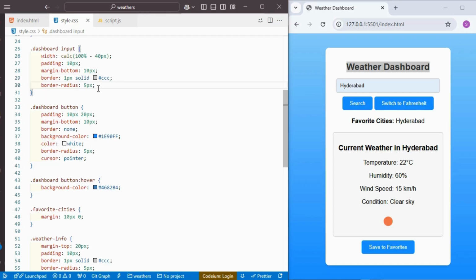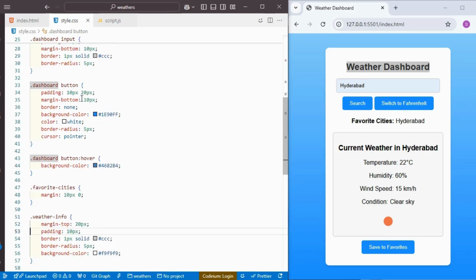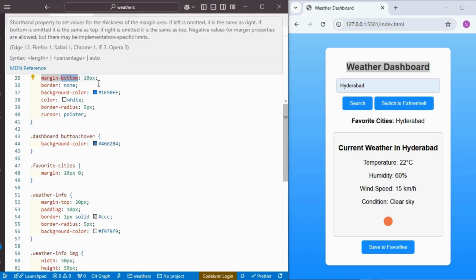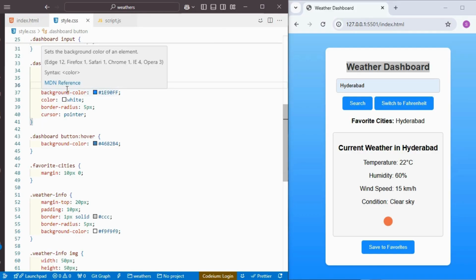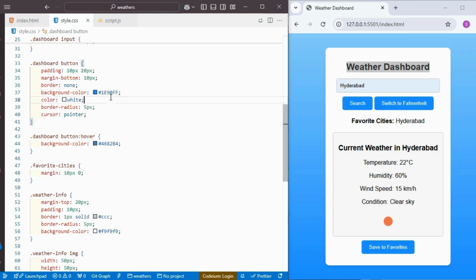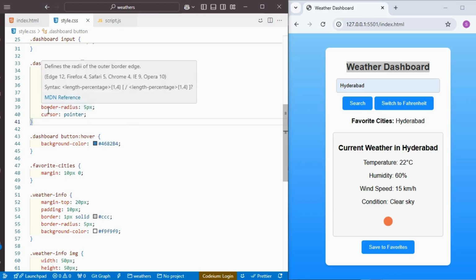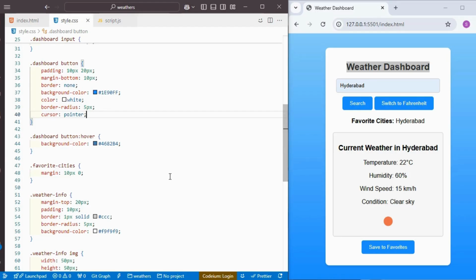the border radius is 5 pixel, and for the dashboard button, padding is 10 pixel top and bottom and 20 pixel left and right. So margin bottom is 10 pixel, and border, I didn't take any type of border for this one, and background color I am taking blue color, and color is white for the text inside the button tag, and border radius is 5 pixel, and cursor pointer, whenever I am clicking the submit or search button, it automatically changes the cursor to a pointer,